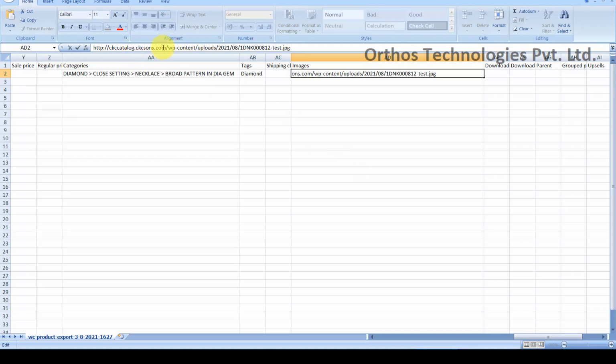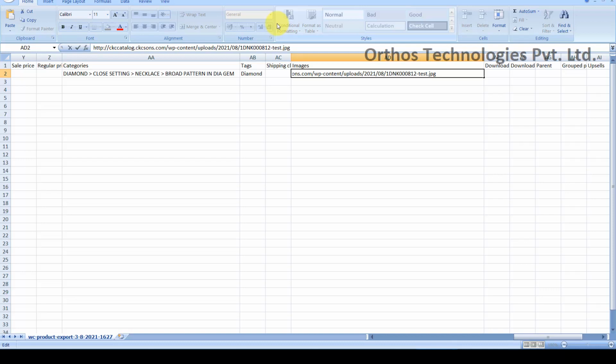Here you can see that this is the HTTP address and the WordPress content, the uploads, and the main thing that you have to keep in mind is 2021-08. This is the year and month, August. When the month changes, you have to change this as well.